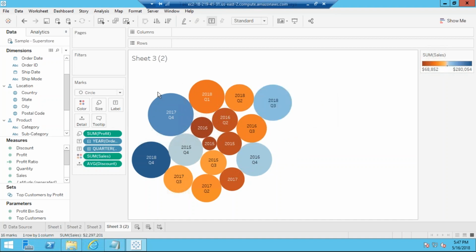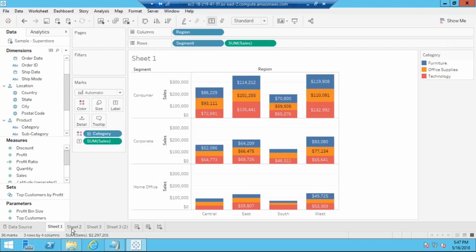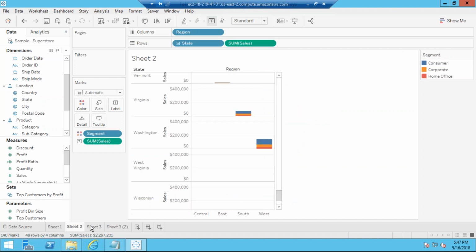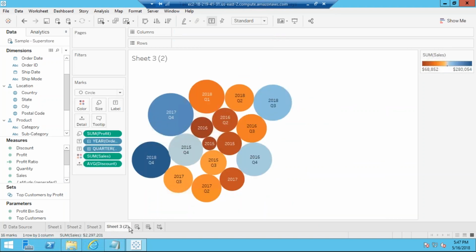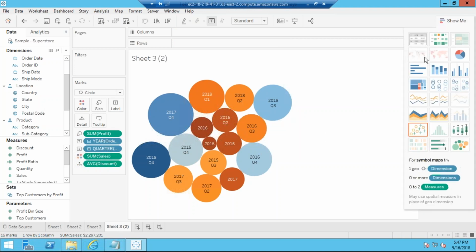Yeah. Any doubts here in this? In these 3 sheets, what we have discussed, 3 or 4 sheets? Any doubts here? No. Okay. The same way, we have to create multiple sheets. We can create all that. So this is about a bubble chart. I want to create just a line chart. How will you do it?